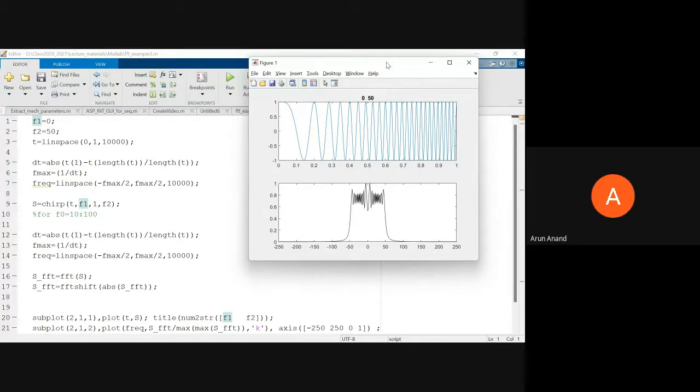You have to look at the top panel. Now you have different frequencies. See here, till 0.2 seconds, you have low frequencies. Let's say 0.2 and 0.4. As you go towards the right, your frequency increases, right? So that is a non-stationary signal. In the lower part, between plus 50 to minus 50, we are also having different frequencies. That is the frequency spectrum.